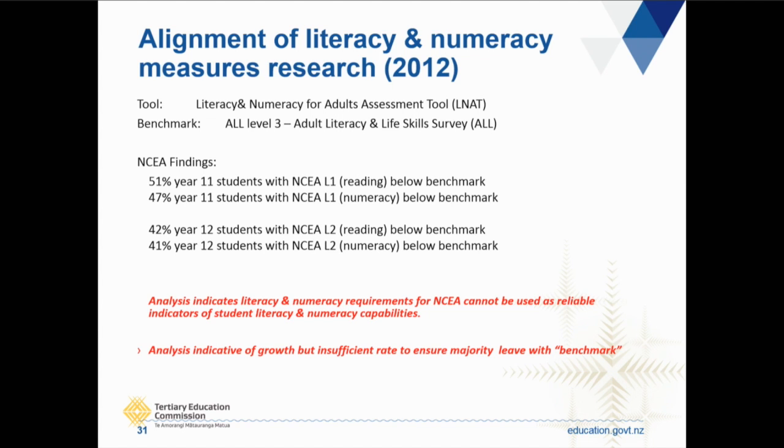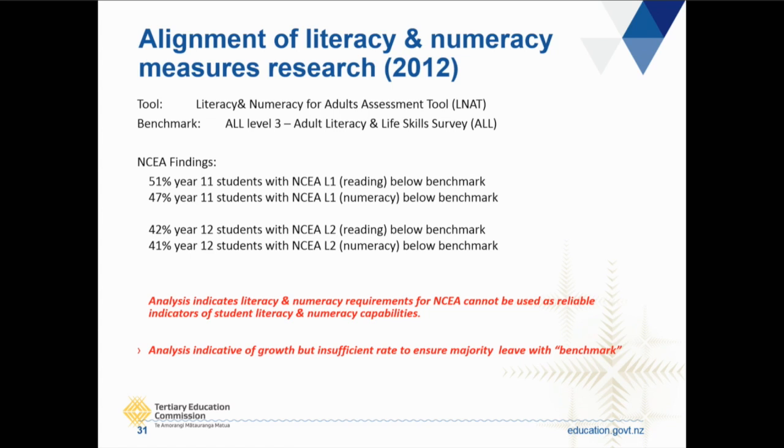Okay, now most of our learners take an achievement standards pathway, and in that achievement standards pathway, literacy and numeracy are embedded in the tasks. So we have made the assumption that with NCEA comes a strong literacy and numeracy capability. And when this report was shared with us about a year ago, and we worked with TEC to get it released, for us, again, it supported the voices that were telling us that this really was a problem. So we know we can't use NCEA as a reliable indicator for lit num.